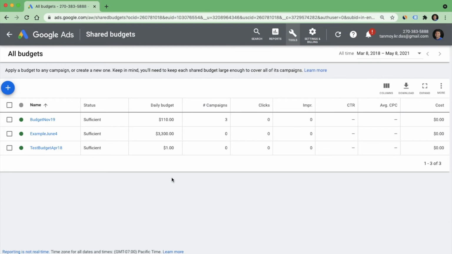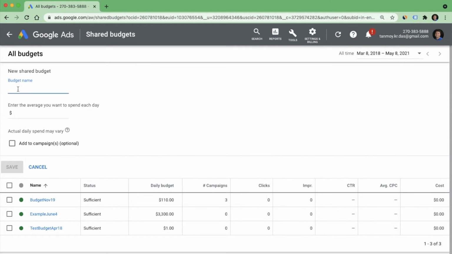One is you can equally divide the amount into the number of campaigns you have got and then run your campaigns, or you can use this shared budget feature wherein you can put the whole money here and then allocate it to all the campaigns you have in the account. That way, all the app campaigns will get the budget from the specific amount specified over here, and it will run accordingly.